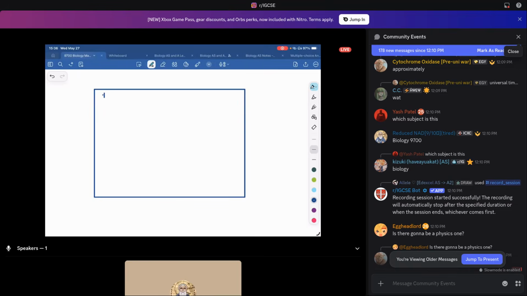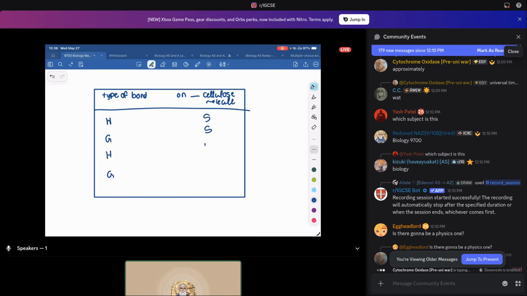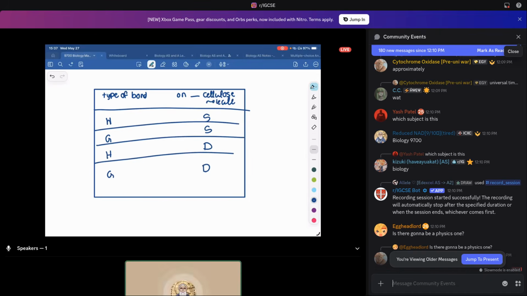This could literally be a table saying type of bond and on which cellulose molecule. Hydrogen, glycosidic, hydrogen, glycosidic, same, different, different. And this